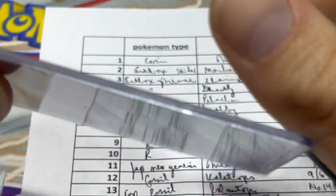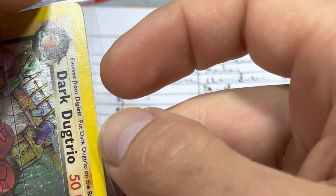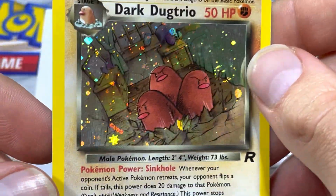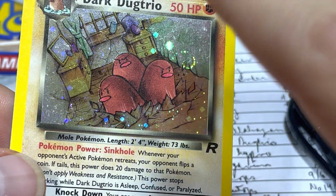grade. Now granted, prices are kind of falling for Pokemon cards right now, but they're expected to eventually go back up, so it's just a matter of holding. Not a huge deal. So we've got Dark Trio, which anytime I looked at this card, I just assumed it